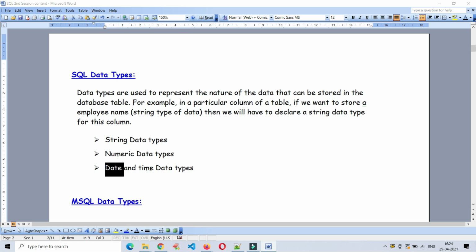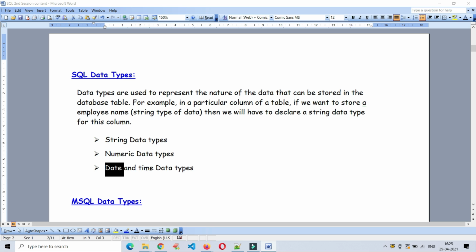For example, if you want to store any data in any particular column or any particular field, there should be some data type configured or declared to that field name, right? For example, one employee table is there. In that, employee number, employee name and department salary, 4 columns are there.